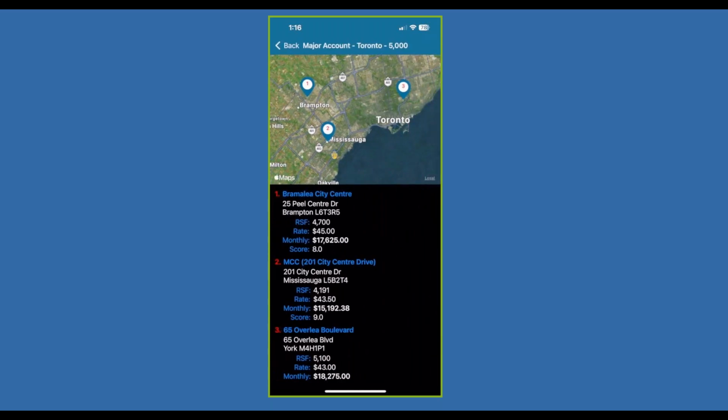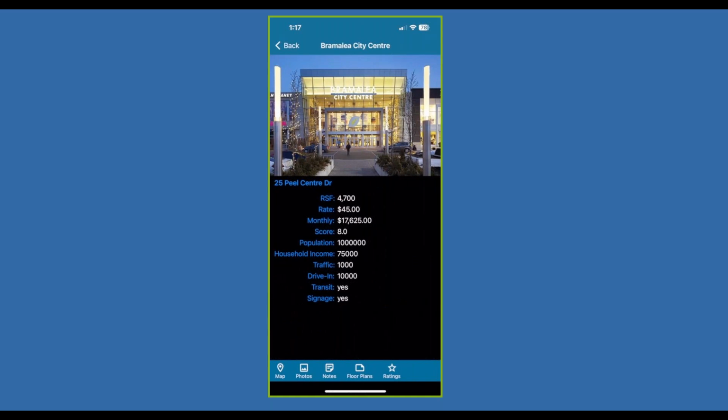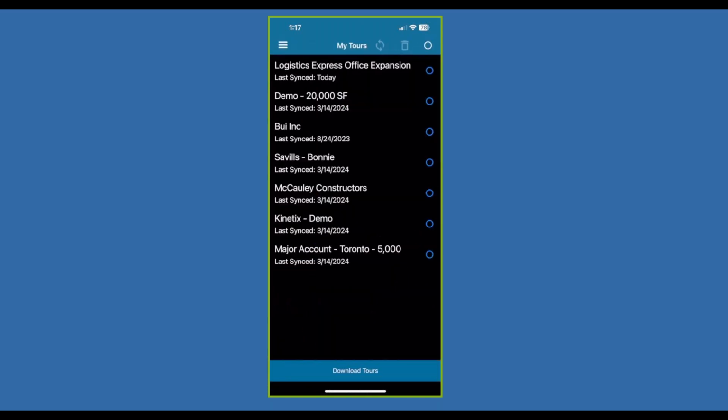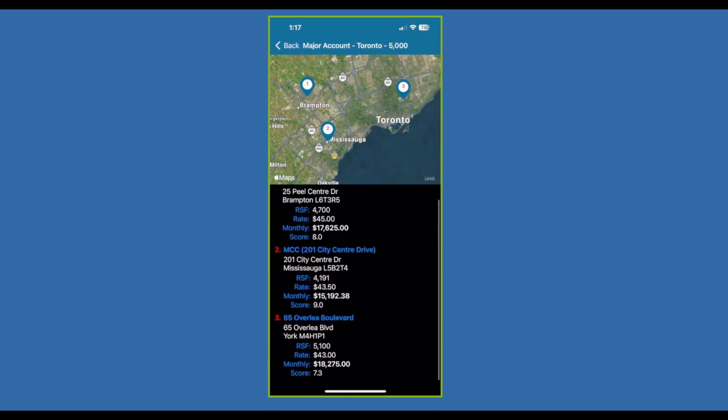I even recommended to clients before in the past that they simply buy an iPad or an Android tablet, put the Realex app on it with their logo, and they have the ability to hand a tablet, 2 tablets, 3 tablets out when they're touring. And I can almost guarantee you, regardless of your client's technology ability, they'll be able to navigate this. But if for any reason they're not, all the information that's available for you on your app is also available